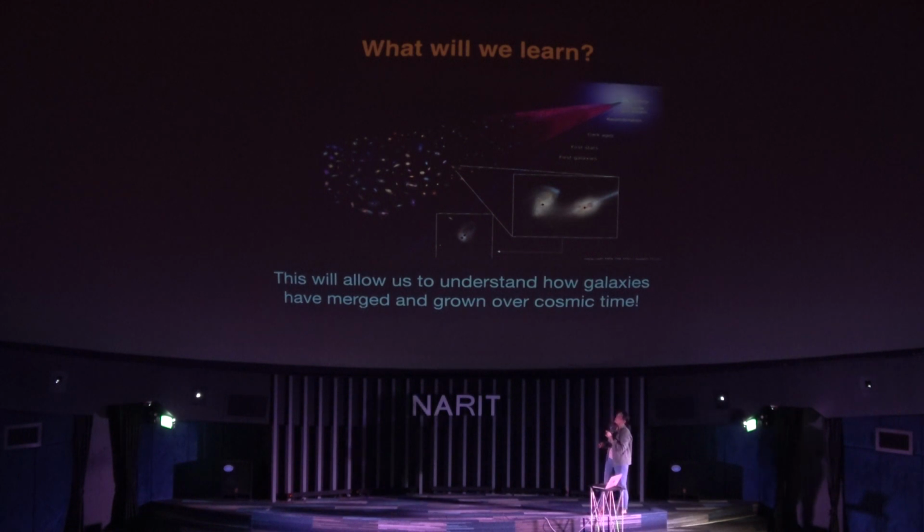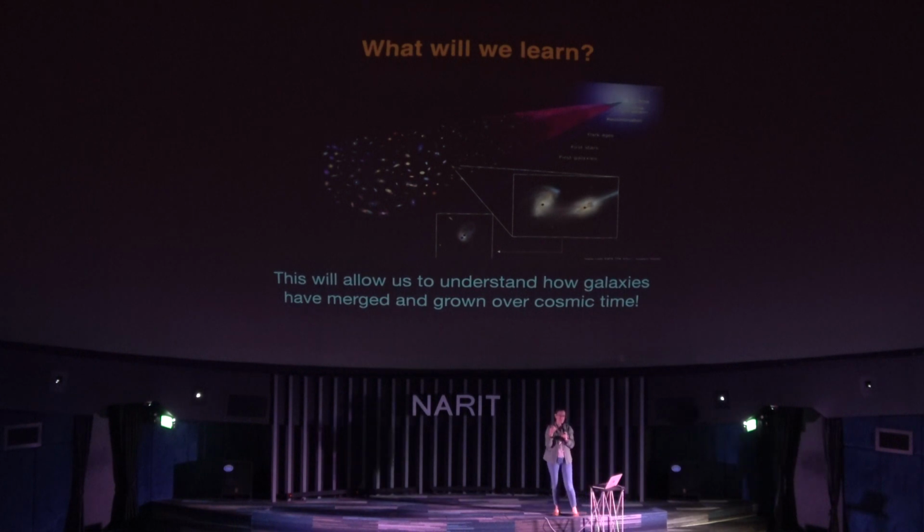What it'll mean is that we can start to understand the processes of how galaxies come from separations like this to separations like that, and how these black holes come together at the cores. This is actually really important because we think that this process of galaxies merging with other galaxies is how galaxies like the Milky Way were born. The first galaxies were small, they were kind of funny